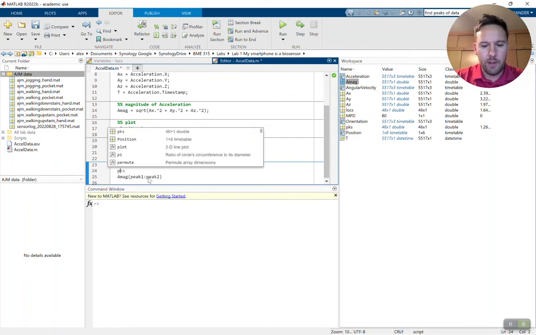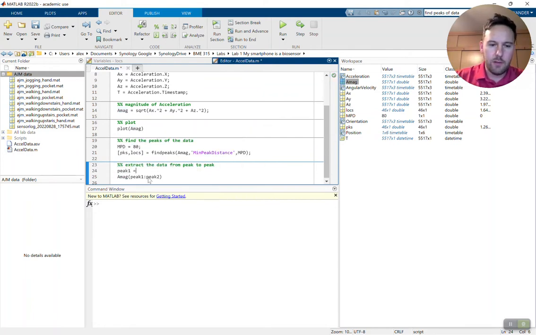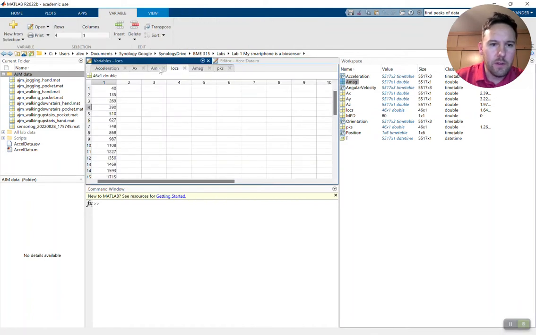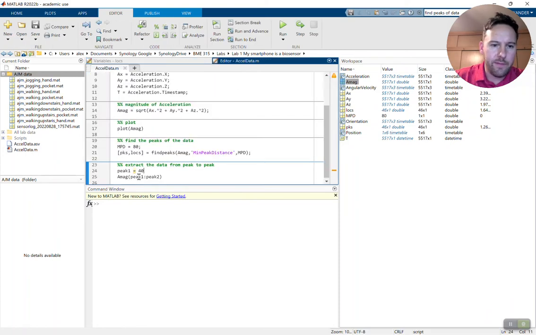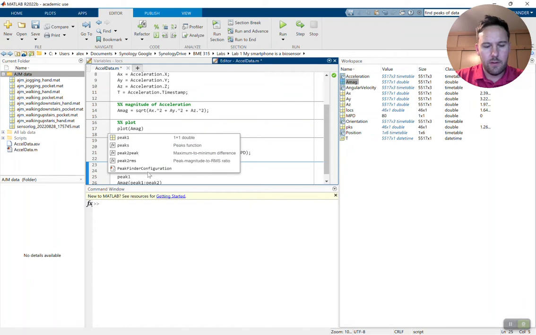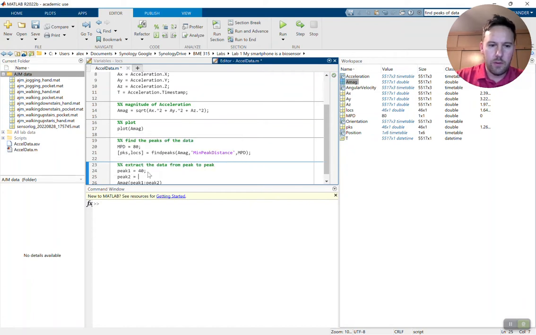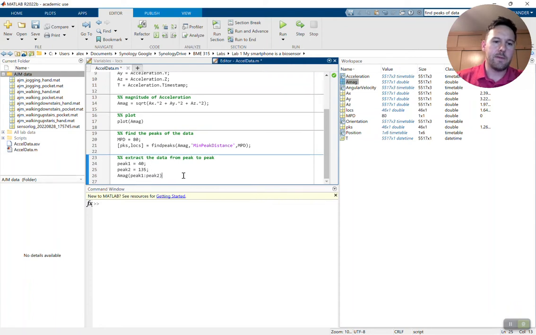Let's say peak 1. We know that was 40 when we looked this thing up, right? That was location. We got 40. We got 135. Peak 2, 135. All right, so let's see what happens if we extract all the values from peak 1 to peak 2